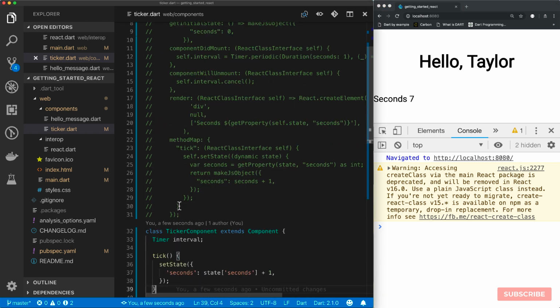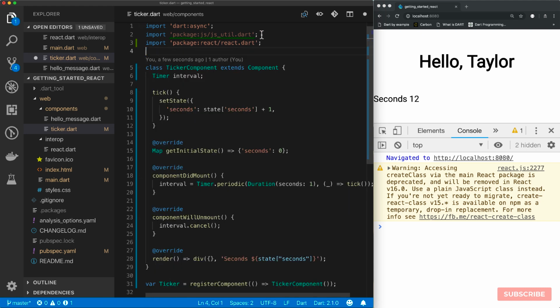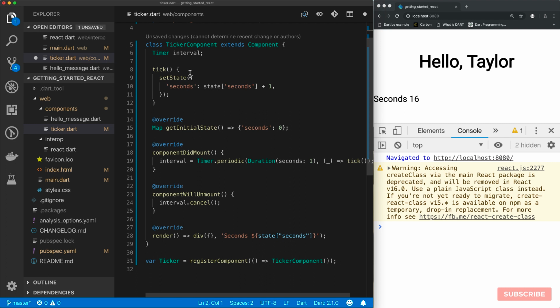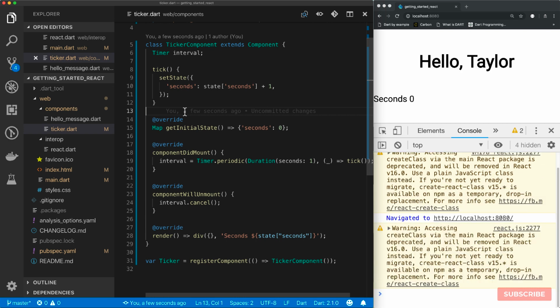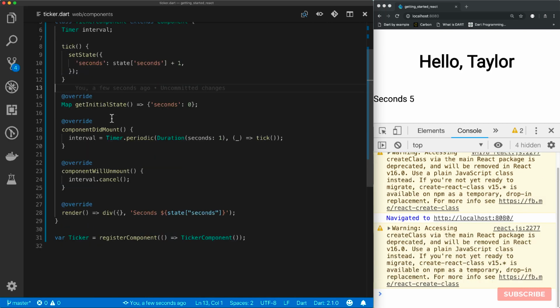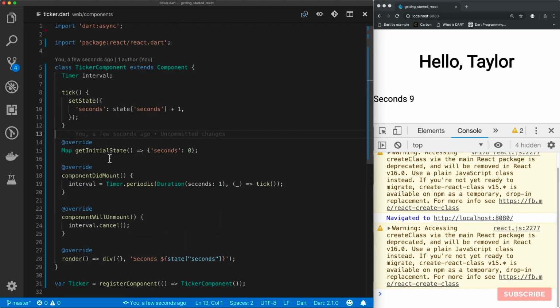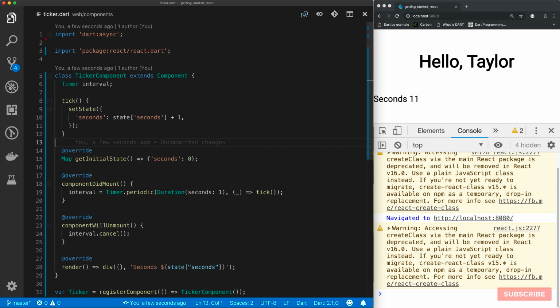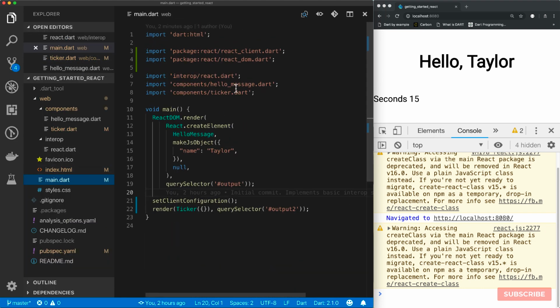So that means we can get rid of all of that, and this too. So let me save this. So yeah, this looks a whole lot cleaner here compared to the previous example. And if we go back to our main.dart file,